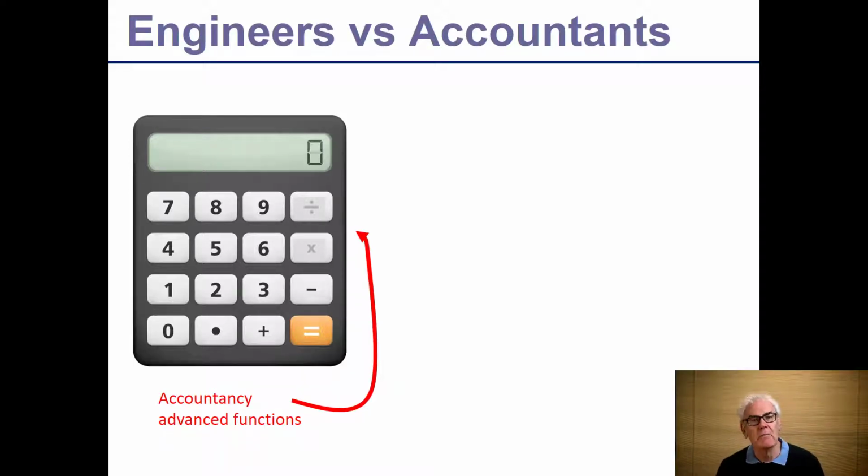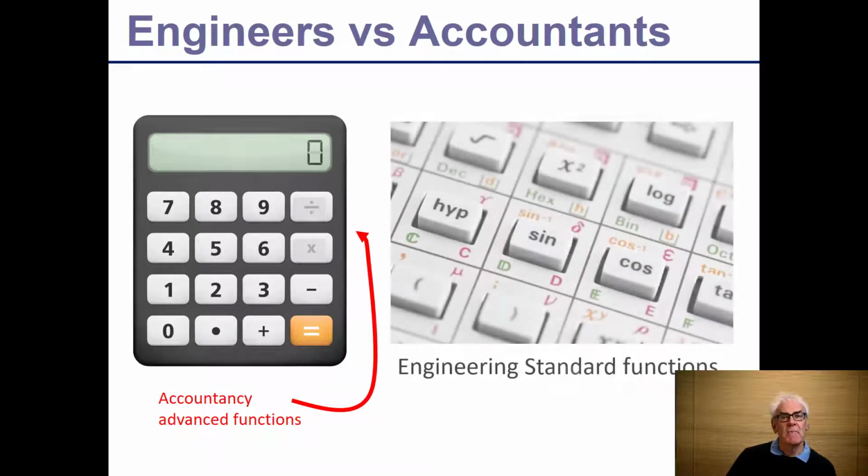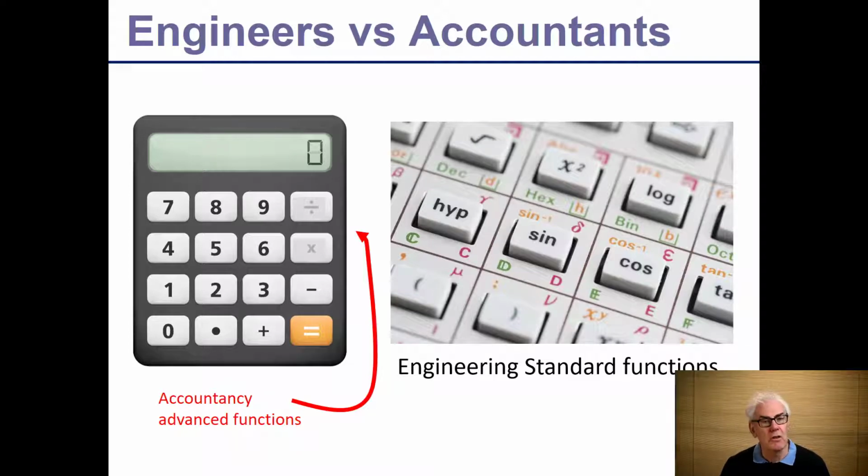And on the left here, I have illustrated an accountant's calculator. The advanced functions in an accountant's calculator would be perhaps divide and multiply, with plus and minus being the normal. Whereas if we look at an engineering calculator, standard functions are sine, cos, hyperbolics, squares, logs. We are highly numerate. In fact, engineers are some of the most numerate people in society. You have got more mathematical training than any accountants, and the only ones that will come close are the pure mathematicians and some of the physicists.